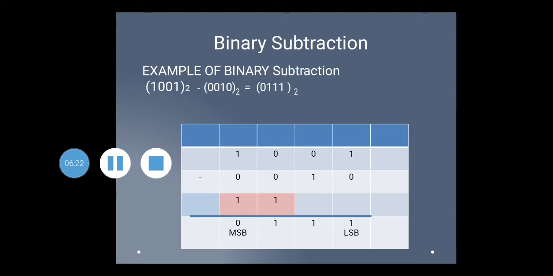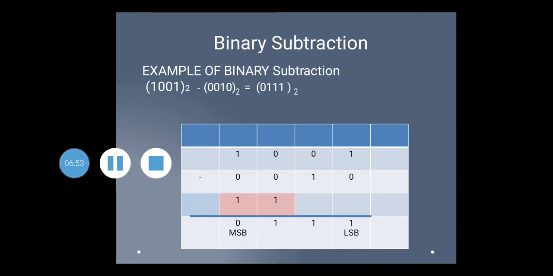We'll go to the next bits now. So A is 0 and B is 1. So 0 minus 1. Now you have to remember this 0 is a smaller number and 1 is the larger number, and you are going to subtract a larger number from a smaller number. 0 minus 1. So from the table, if you remember, when you subtract a larger number from a smaller number, the difference is 1. So that is what is written down here.